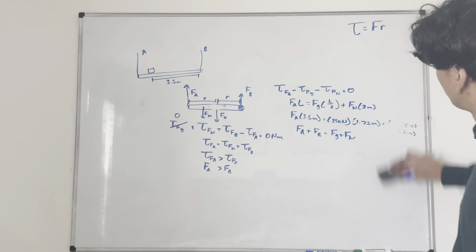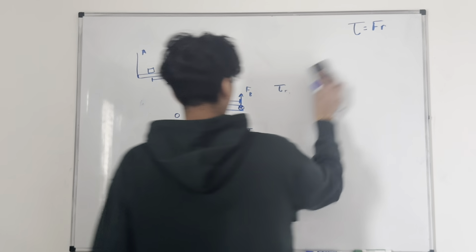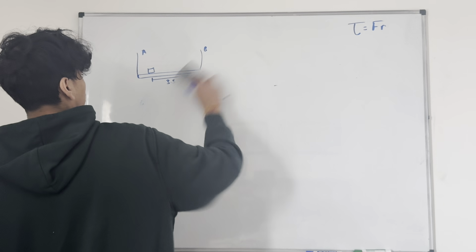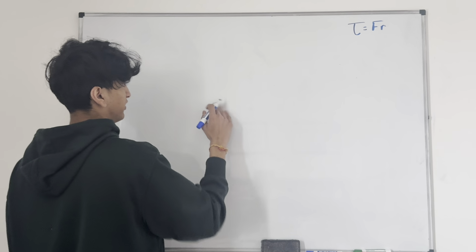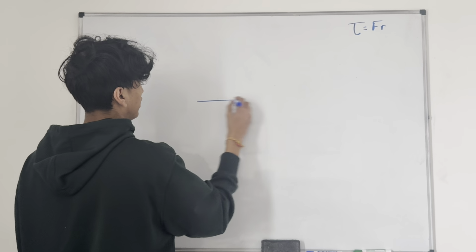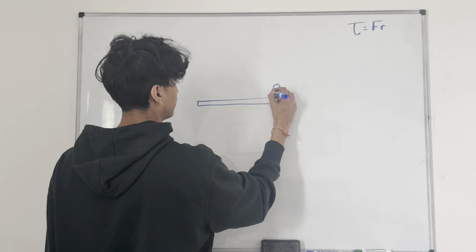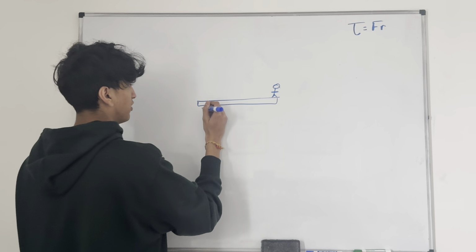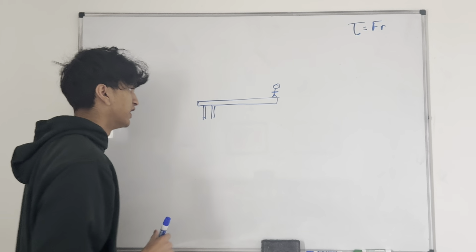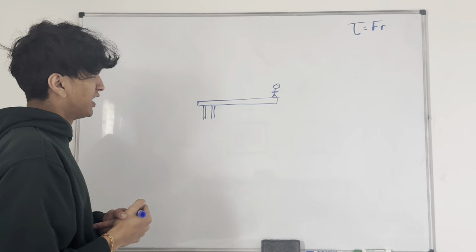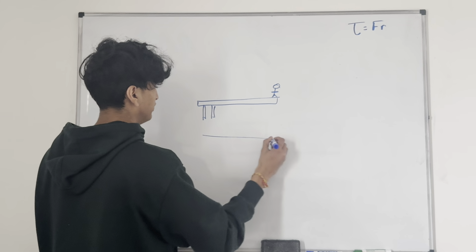Two more, I mean, not two more, but two more with different parts, or at least two more scenarios. So, this diver one took me a while. When I was taking the class, it took me a while to wrap my head around it. But if you have a diving board, right, and you're trying to draw an FBD for this person who's about to jump off, and there are these support bolts right here, right, and you're trying to draw an FBD, your first instinct might be, okay, for my FBD,